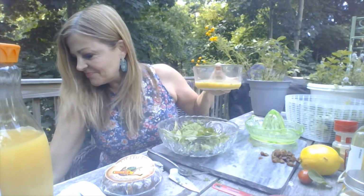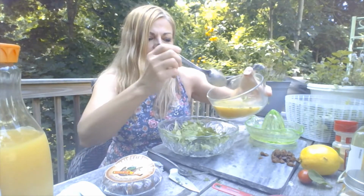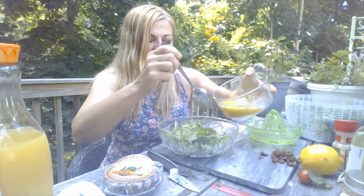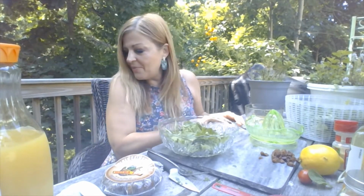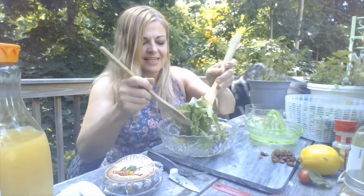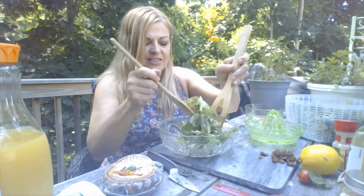and then you just get a big spoon and drizzle the mustard vinaigrette over your salad, and it's nice and sweet from the honey and the orange juice. And you can also add orange zest. That would make it really delicious too. And then get your little salad tossing forks, because you don't want to bruise these greens, and just toss it